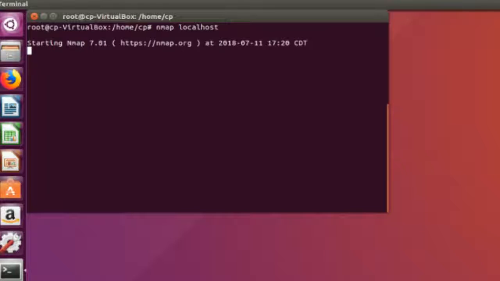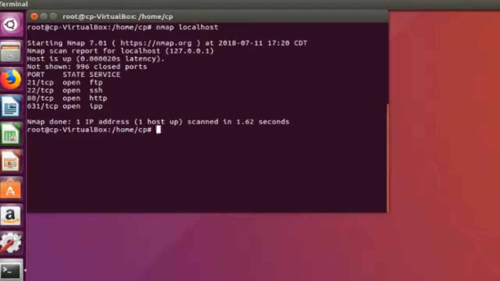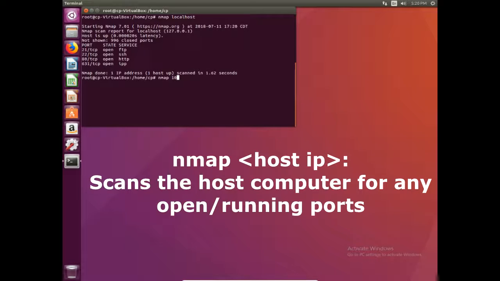So if we hit enter, we'll start the scan, and we can see on the entire internet we have port 21, which is open FTP, 22, which is open SSH, 80, which is open HTTP, and 631, which is open, called IPP. Now the difference here, if we do nmap and we do our IP, now the IP of this computer is